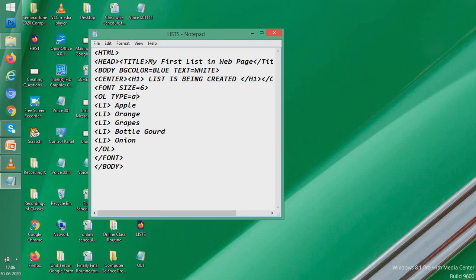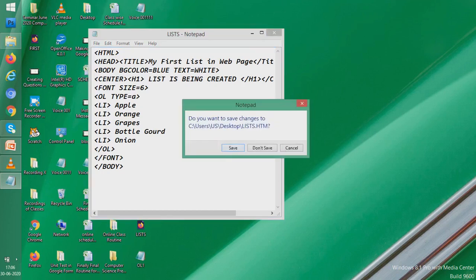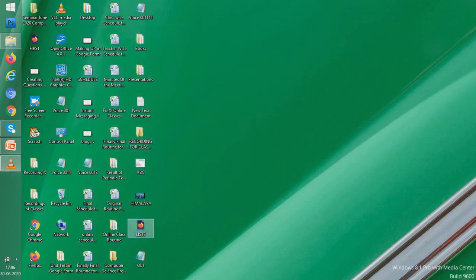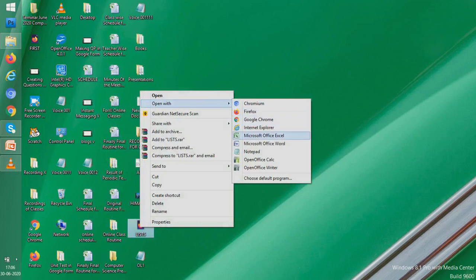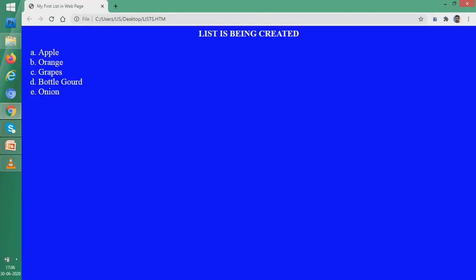So what we'll do is, we'll write type is equal to a. As I write type is equal to a, what would happen? It means we'll have here small a, b, c, d, and start we had removed. So it starts with small a only. So I think you have understood how small letters are used. Can we use some other thing? Yes, we can use even Roman numbers.